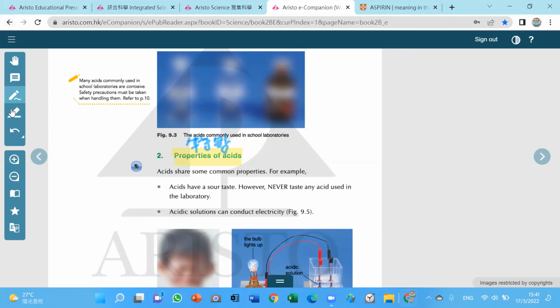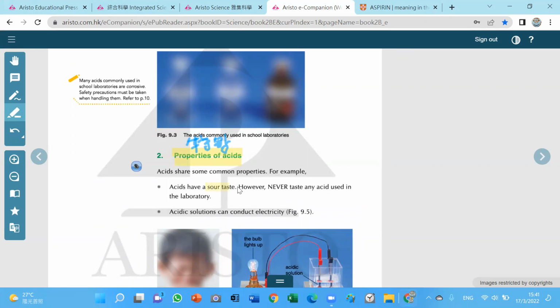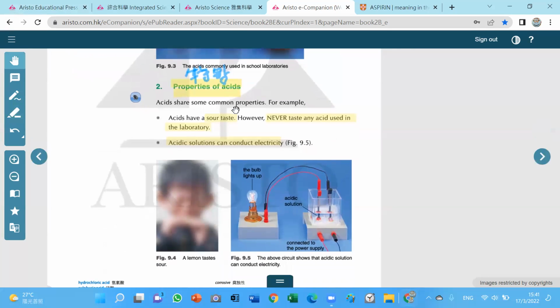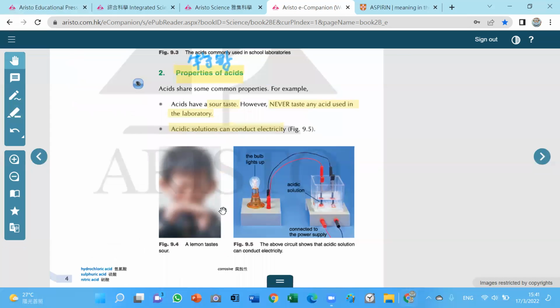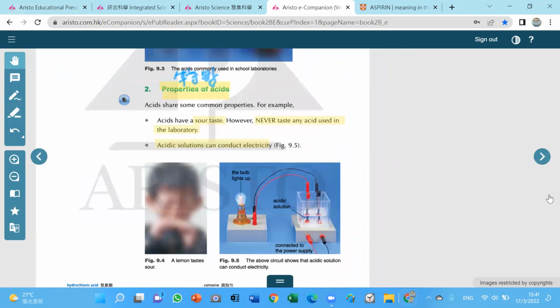For example, acids have a sour taste. 係有一個好酸嘅 taste。So remember, never taste any acid. 千祈唔好舐，唔好飲。Number two, acid solutions can conduct electricity. 原來酸性都可以通電嘅。咁點解呢？你陣間就知道啦。